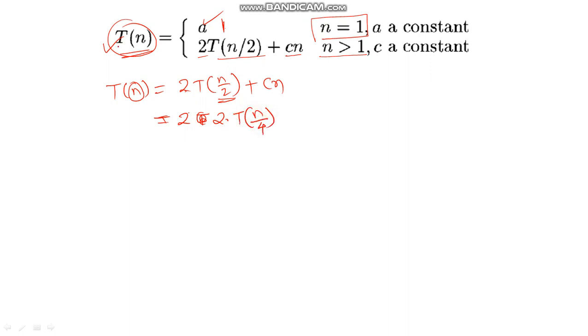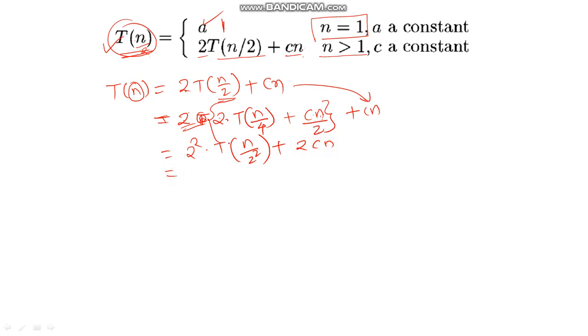So if I put n equal to n by 2, what I get is 2T(n/4) plus Cn by 2, this whole equation, Cn by 2 plus Cn. This Cn as it is, and this is Cn. So keeping n equal to n by 2 means C into n will become n by 2. So this equation becomes 2 into 2, which is 2 raised to 2, into T of n by 2 raised to 2, plus Cn by 2 into this 2 it will become Cn, and this Cn will become 2Cn.